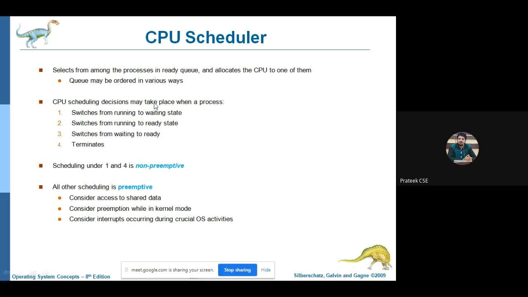Okay, so the first case and the last case, the process terminates itself, and the first case is the process going from running to waiting state. तो भाई मैंने लास्ट लेक्चर में एक बात बोली थी आप लोगों को, इन दोनों ही केसेस में प्रोसेस इज गोइंग टू टर्मिनेट और प्रोसेस इज गोइंग टू वेकेट द रनिंग स्टेट बाय इट्स ओन विश, अपनी मर्जी से खाली करेगा रनिंग स्टेट को। अगर उसे इनपुट आउटपुट ऑपरेशन के लिए जाना है तो भी वो अपनी मर्जी से रिक्वेस्ट डालता है, अगर वो टर्मिनेट हो रहा है तो वो अपनी मर्जी से अपनी सारी इंस्ट्रक्शंस एग्जीक्यूट होने के बाद